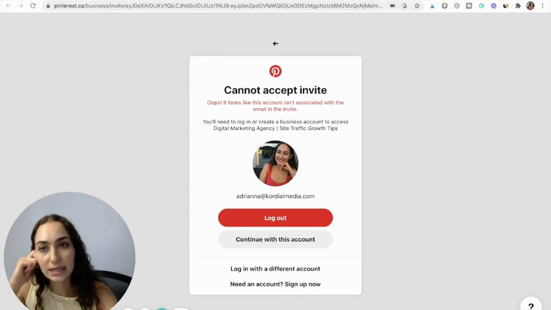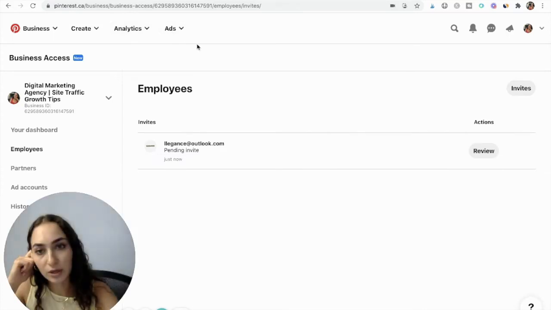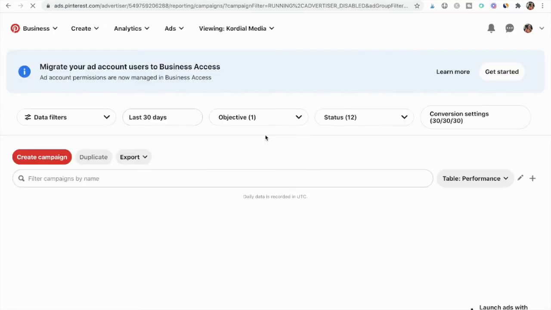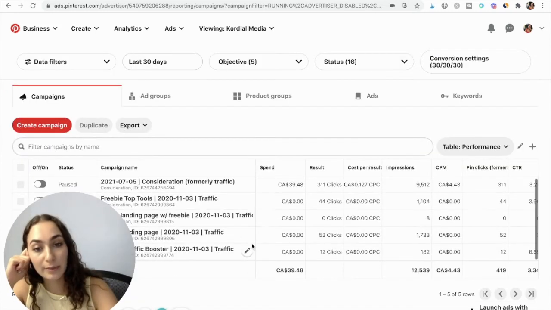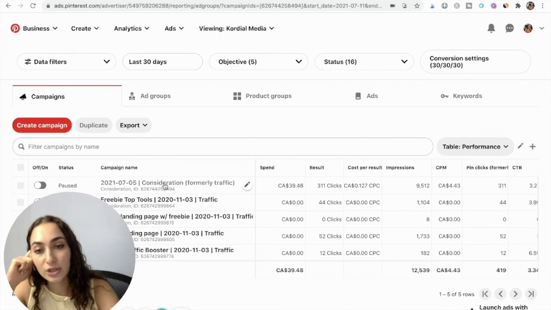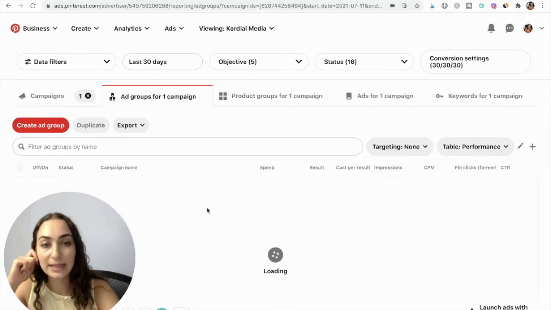They're able to see the reporting that would look just like any other reporting. They would be able to see, no problem, everyone's campaigns. So all these campaigns over here. There we go. Like, the employee would now be able to see all of this. They'd be able to edit campaigns and things like that.